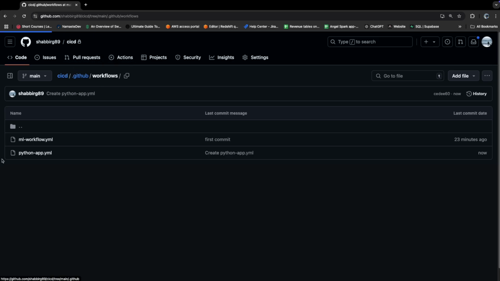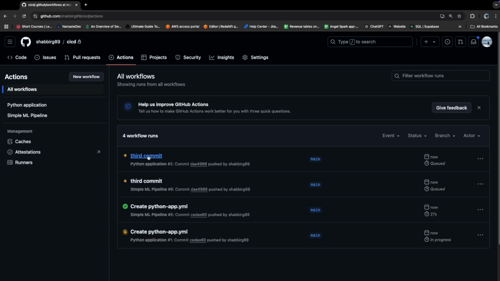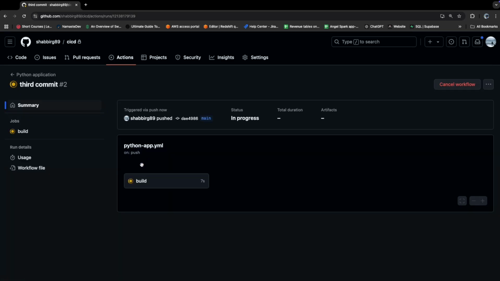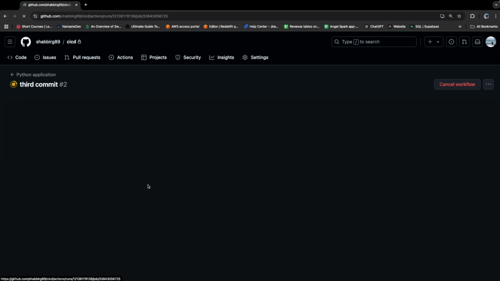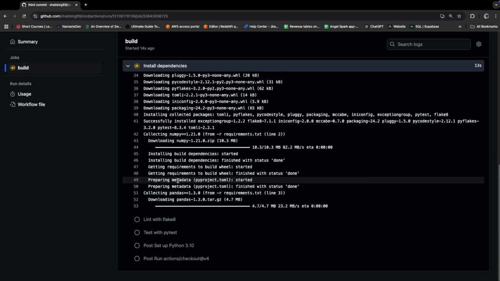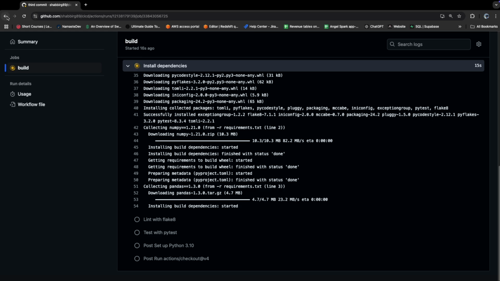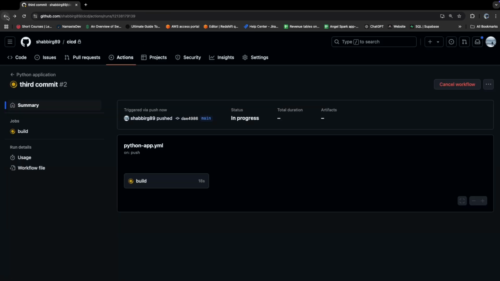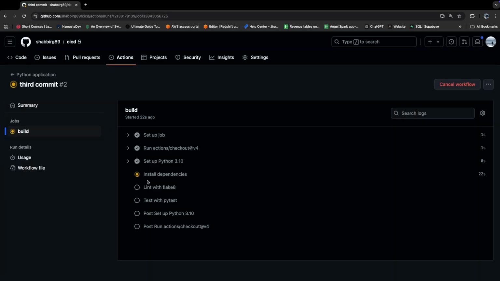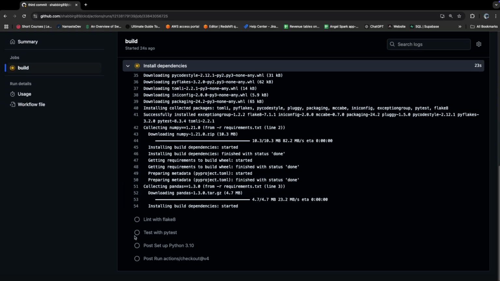Now if you go to GitHub Actions, you can see the third commit is running and there are two workflows that are getting queued in the workflow directory. So you see the third commit is already working. It's queued. It's building by default. You can click on this if you want to see it. Okay, this is working. That's fine. But let's see the error that we'll be getting for the Python workflow. So this is the Python app YAML. Let's check if this is happening or not.